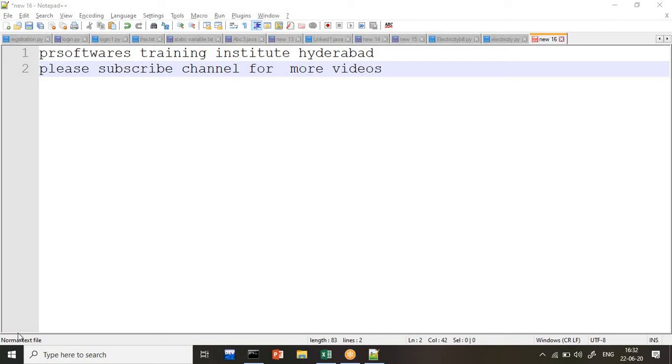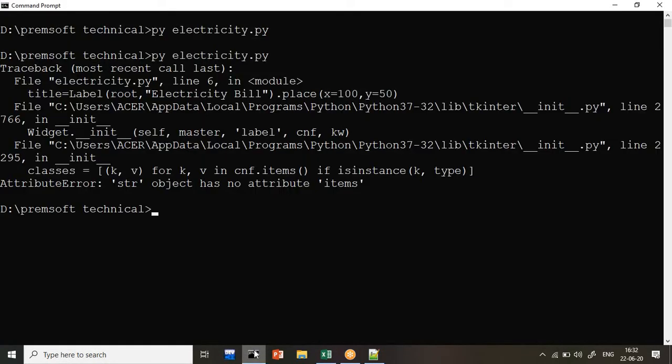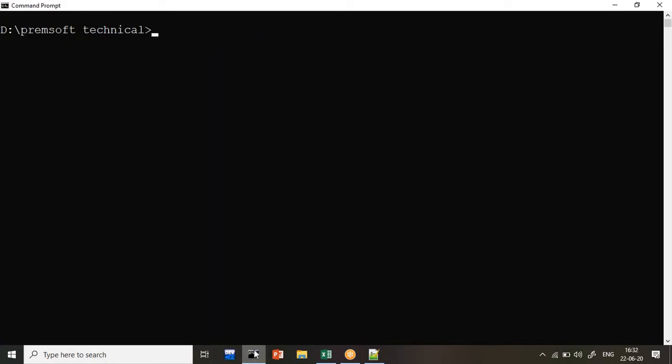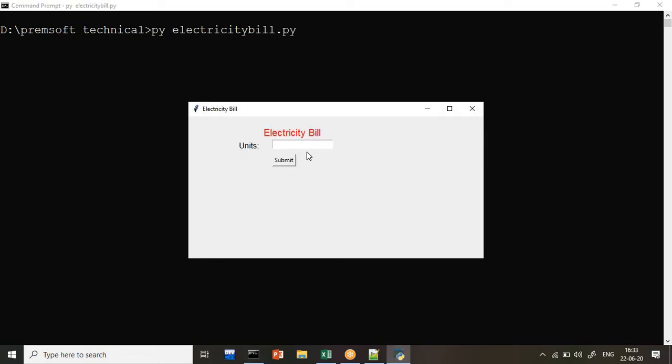In the Python GUI series, today we are going to see how to generate the electricity bill. So what type of electricity bill are we going to generate? First I will show you the output. I will just open our file, electricitybill.py. It will generate this type of bill. If I give 50 here, my electricity bill is 100. Actually, in this one I did not write the logic; I am going to write everything from scratch.